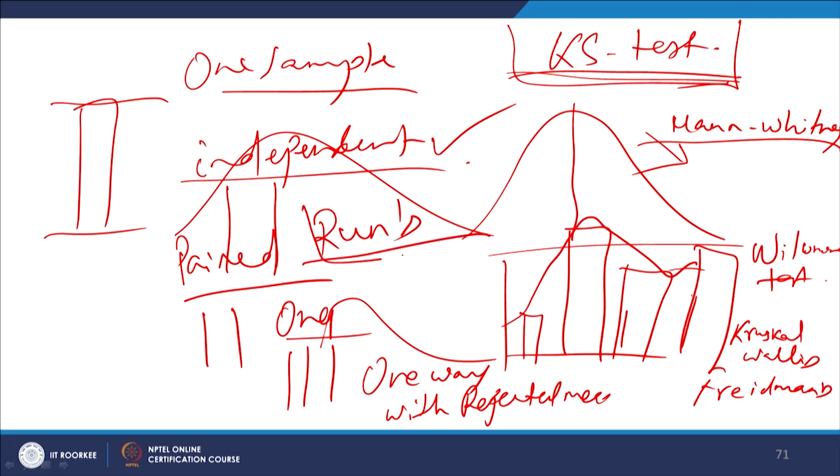So, there are several things which make the non-parametric tests similar to the parametric ones. Out of what we have done, for example, we have done the chi-square test, which is a very powerful test, the McNemar test, the Mann-Whitney, Kruskal-Wallis, the sign test, the runs test. The runs test is a test which I had already explained. Since I am recapping, I am trying to tell you again. The runs test was a test where we are trying to check the randomness of the occurrence of a variable, right. If the variable or the product or anything is occurring in a systematic manner or it is coming in a random manner.